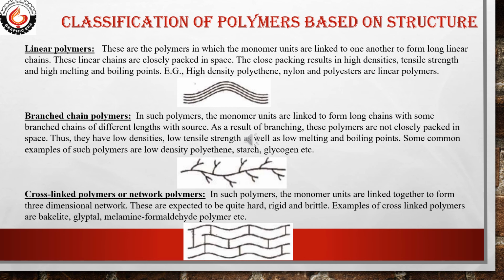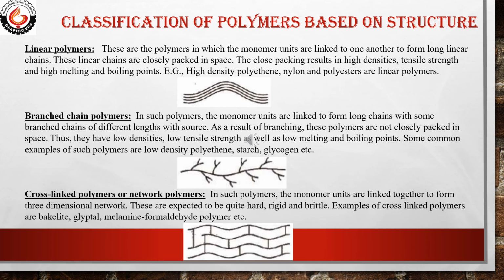These types of polymers have very low density, low tensile strength, as well as low melting points and boiling points. Some common examples of branched chain polymers are low density polythene, which is very commonly known as LDPE, starch